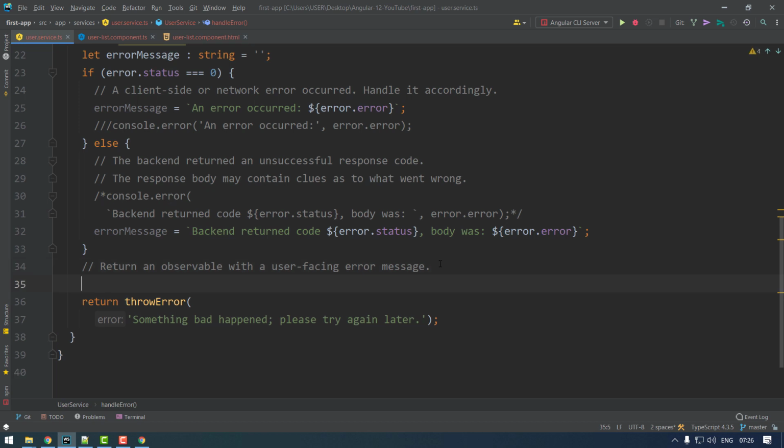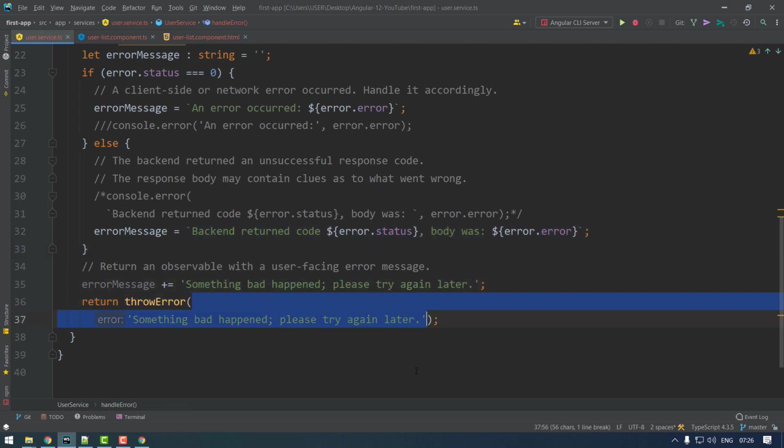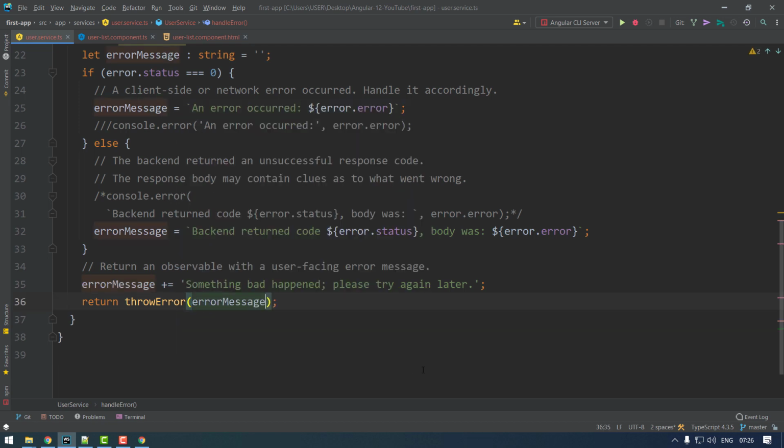So I say here errorMessage plus is equal to, just add up an extra thing, call this one. Okay, add it. So now your error message contains either client error or server error along with this information. And finally, instead of throwing this empty message, I say errorMessage. Okay, so I just add up the categorized message, error message, and along with my own information. And if you wish we can add a slash n, it will display in the next line.